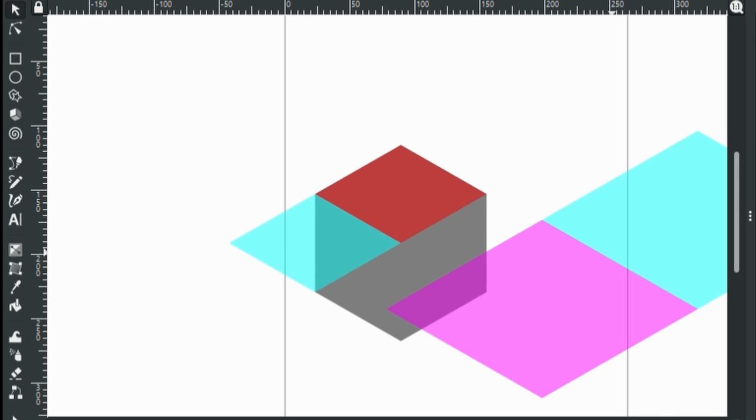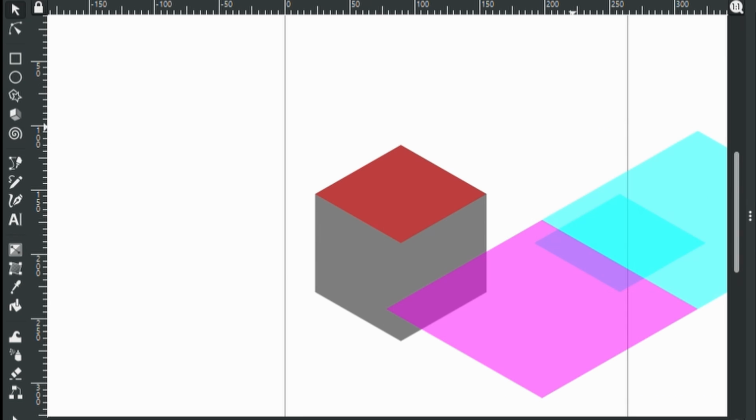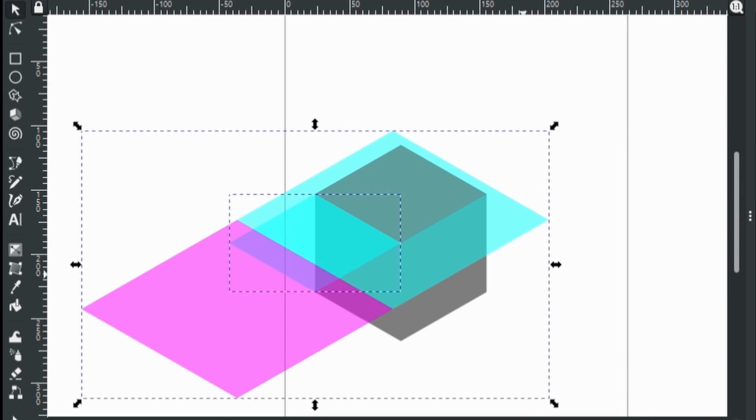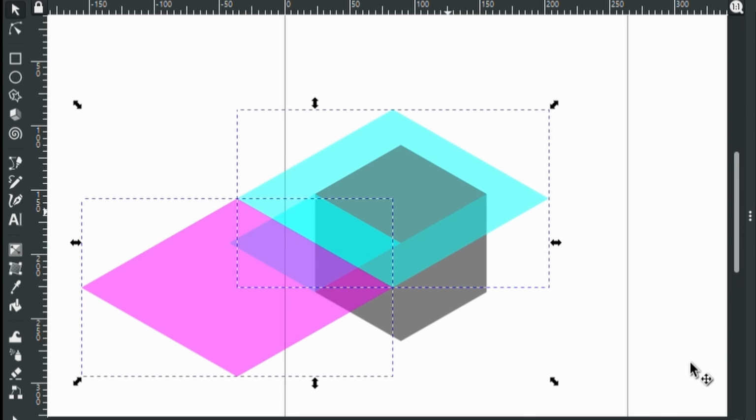Ooh, I selected them in the wrong order. I don't remember which order I did it. Nope. There we go. So that's horizontally, that's vertically, and so now this is going to be centered. So now go back to selecting just this, ungroup it,